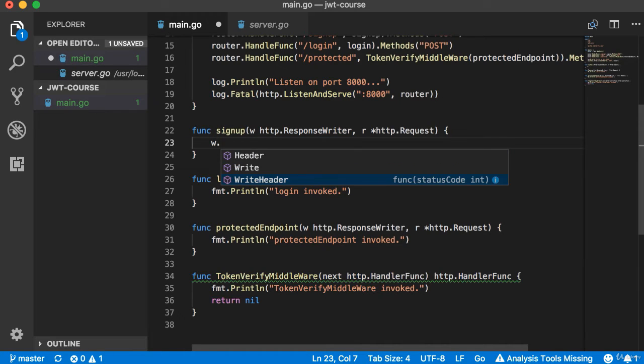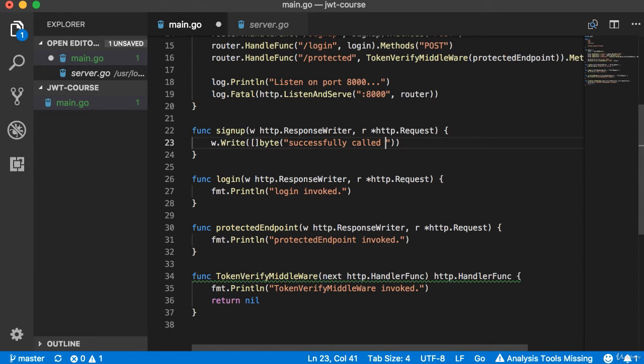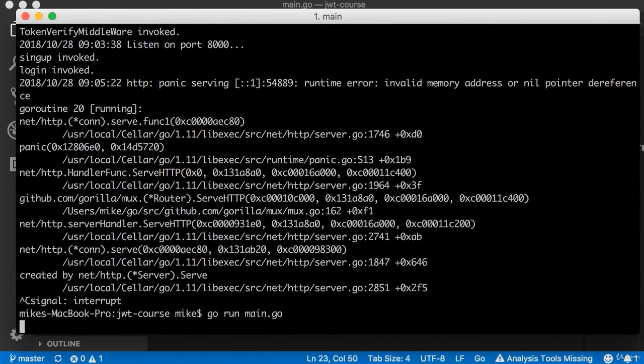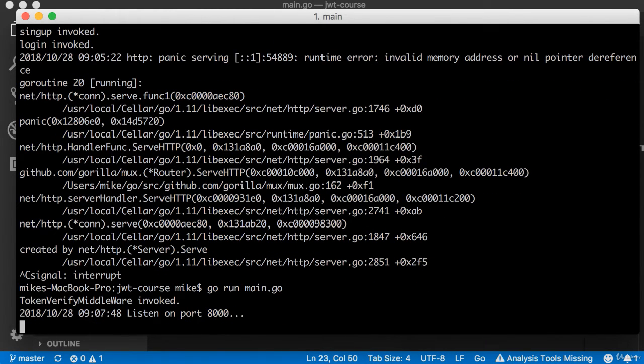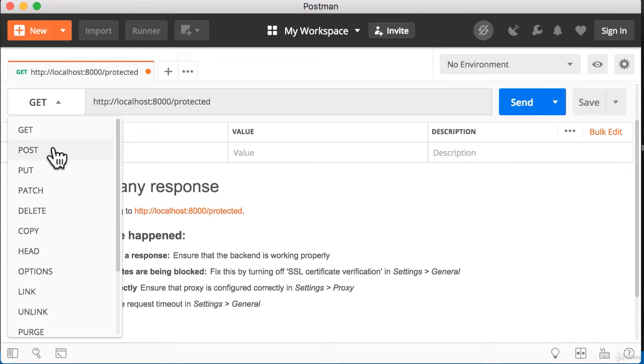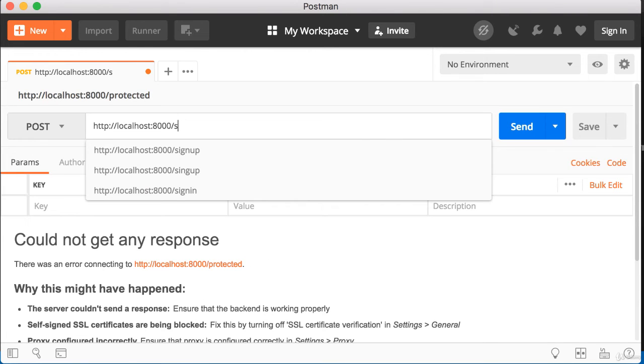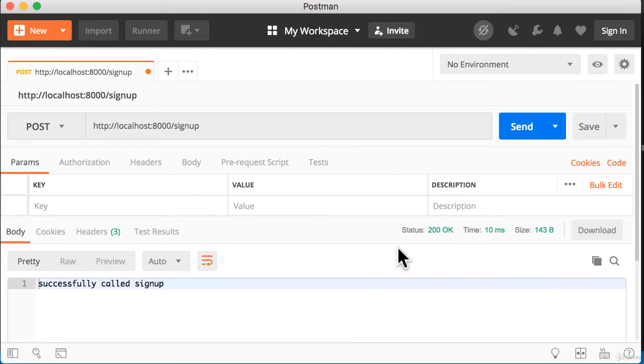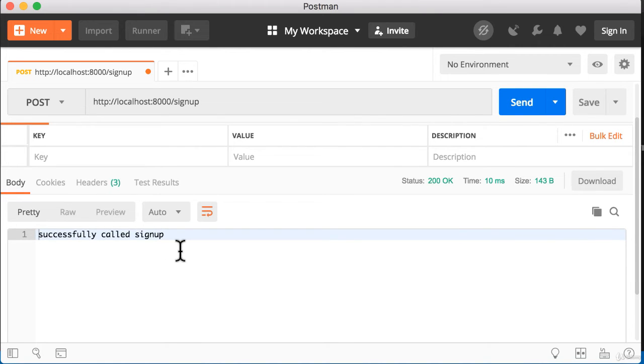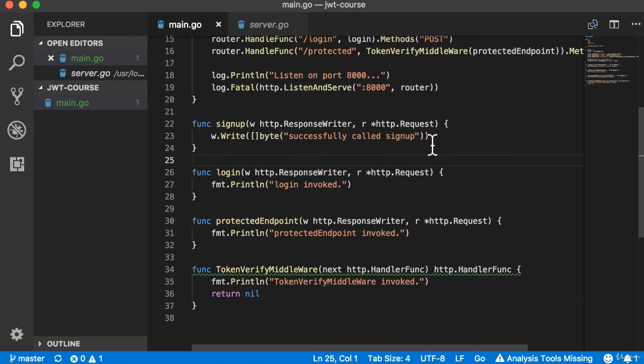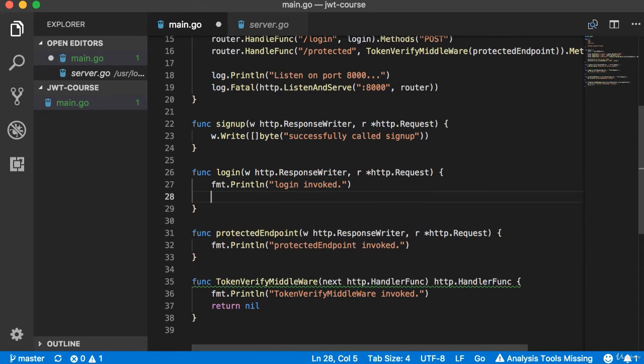So for example, if I want to write successfully called sign up, save this and go back to my terminal, restart my server, and go to Postman, make a post request to sign up, and send. See here, I get successfully called sign up returned as part of the response. Okay, so this is good, and I can also do the same for login,